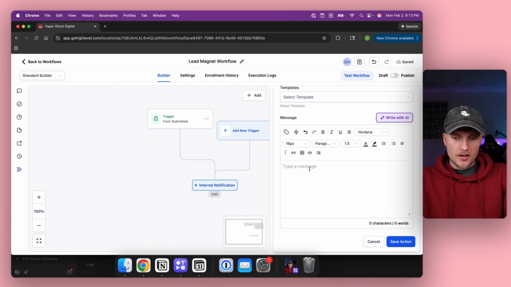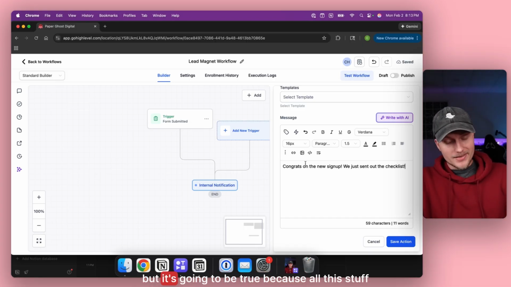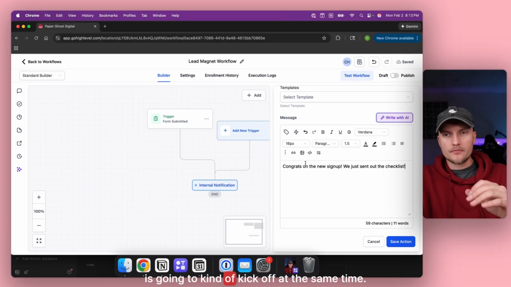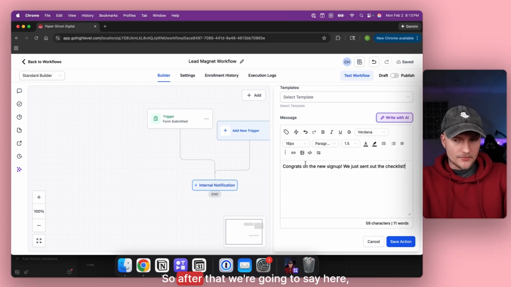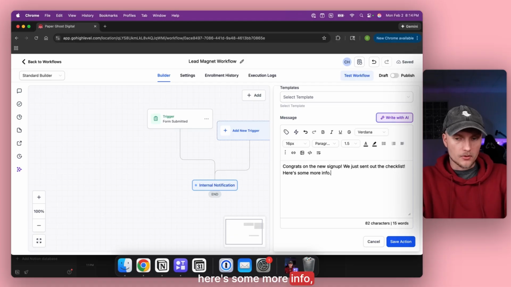We're going to say, congrats on the new sign up. We just sent out the checklist. Right? Which isn't true yet, but it's going to be true because all of this stuff is going to kick off at the same time. So after that, we're going to say here's some more info,